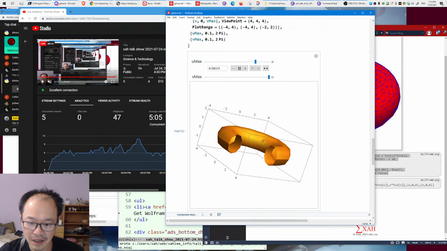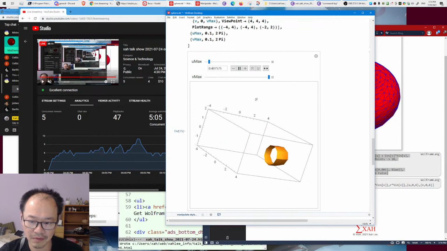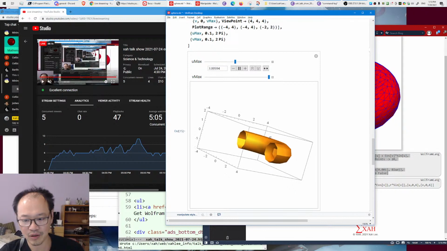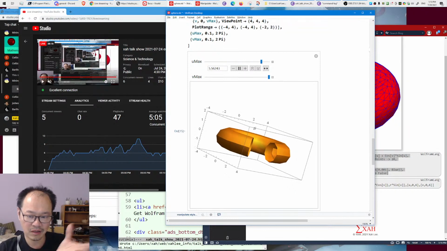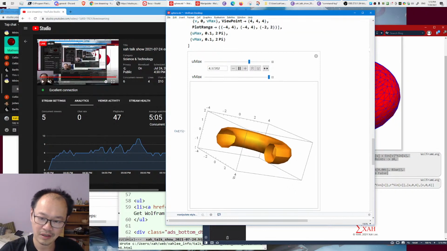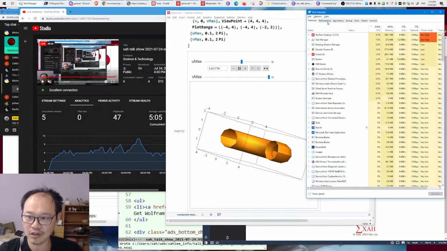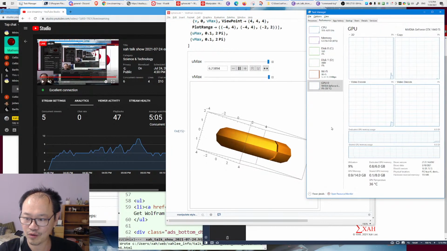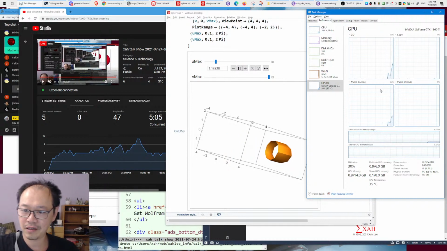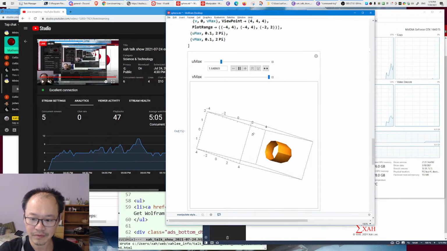I cannot rotate it. I don't know if that's because I'm limited to one CPU or something, but I'm not sure normally if you can rotate it while it's doing it. It should. Let's check my GPU usage. Do I have enough juice? If my machine is powerful enough. Yeah, my machine is powerful enough, but